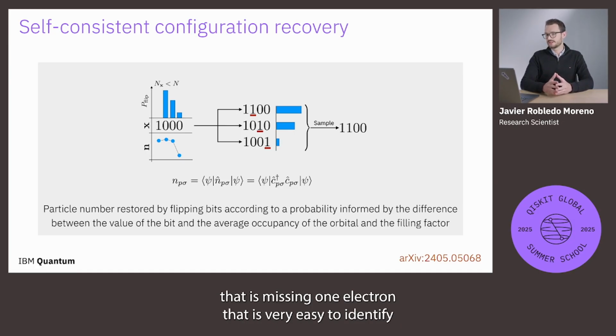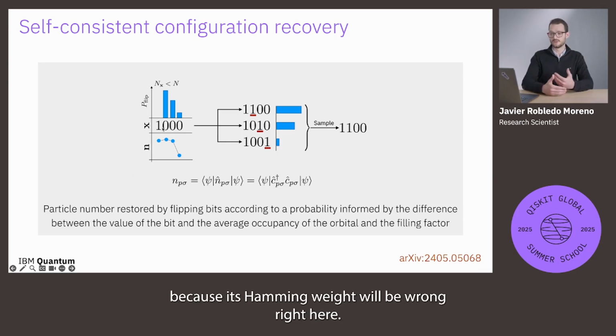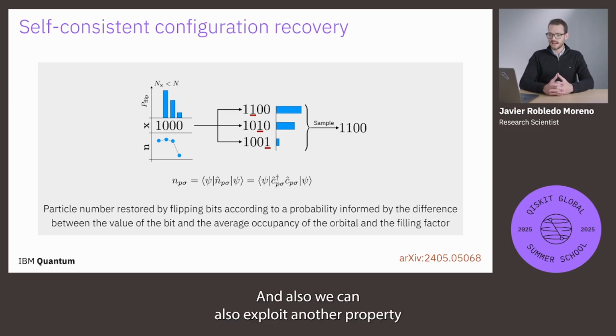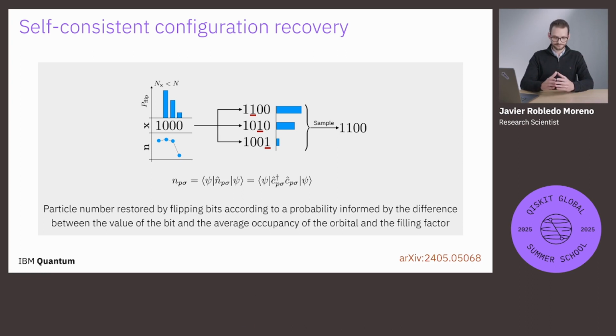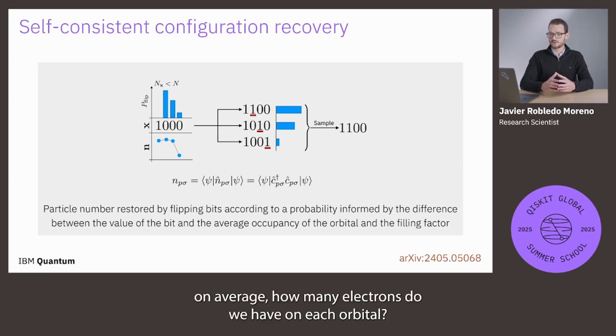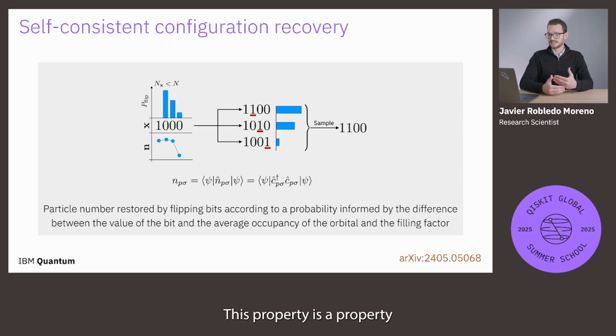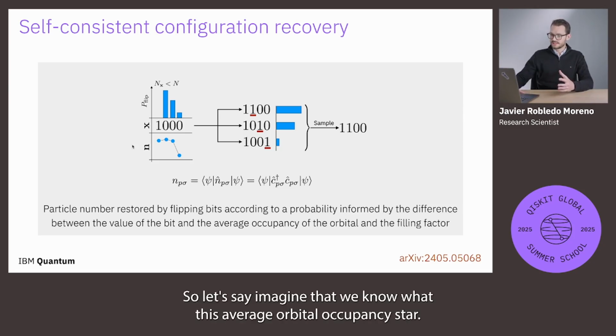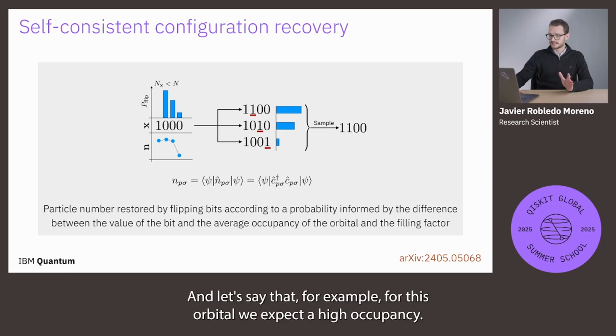That is very easy to identify because its Hamming weight will be wrong, right? Here we are expecting that this bit string should have an extra 1 in it. We can also exploit another property of these systems, which is, on average, how many electrons do we have on each orbital? This property is a property of the ground state itself and is something that can be measured. So let's imagine that we know what these average orbital occupancies are,